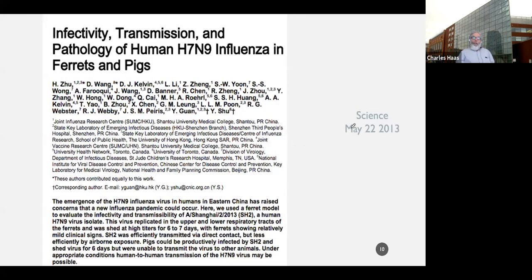So this was a study that was reported 7 years or so ago by a group that was concerned with influenza H7N9. There was thought that H7N9 could be a potential pandemic strain. And they were able to use an animal model of ferrets. And I'll come back to ferrets as well, because that's being used as a model in SARS-CoV-2. So they exposed ferrets to influenza. And then